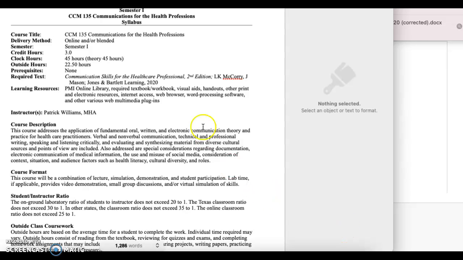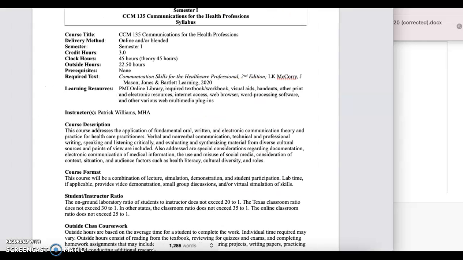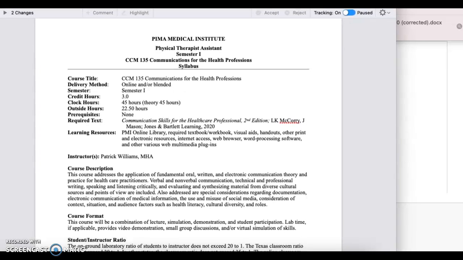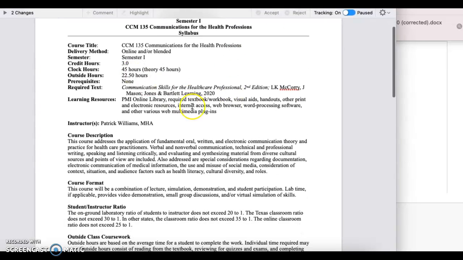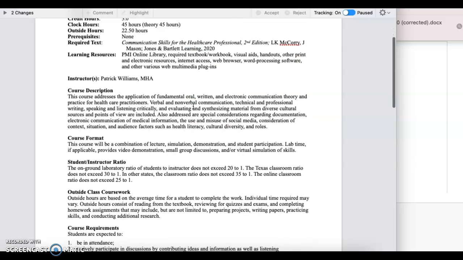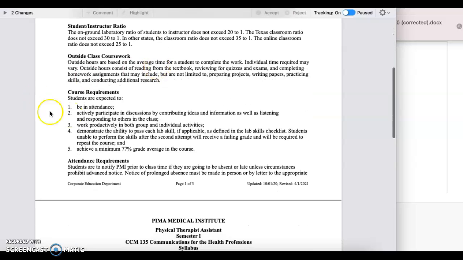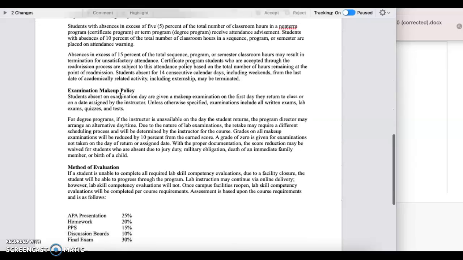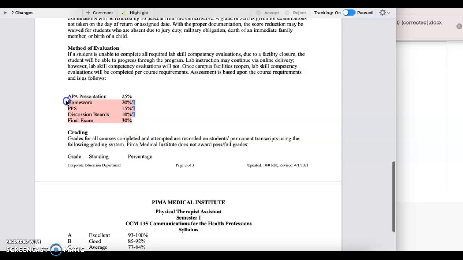All right, so the course syllabus, it's pretty basic in regards to what we're expecting as you would in any other course. It's a three credit hour course, led by myself. You're going to hear or be able to read some of the requirements here, just as you would in any other course. The most important thing to remember, of course, is how we're going to be graded. APA presentation. That's going to be a really pivotal piece of your work here, and we'll talk more about the APA presentation. A lot of fun.